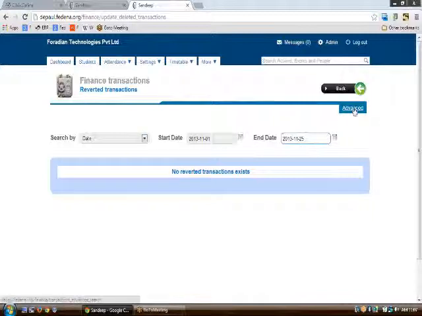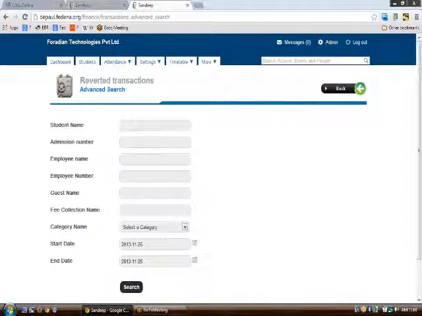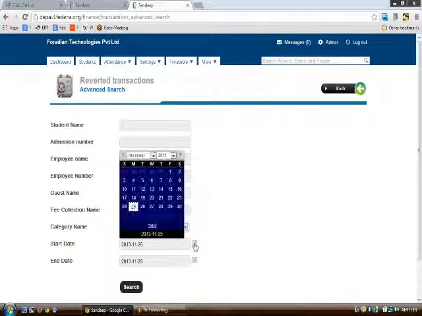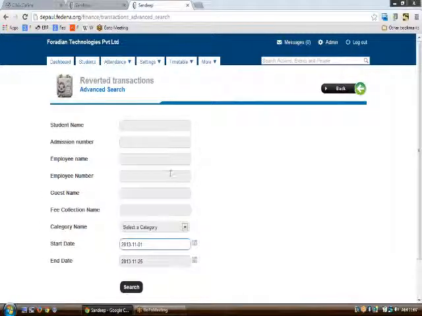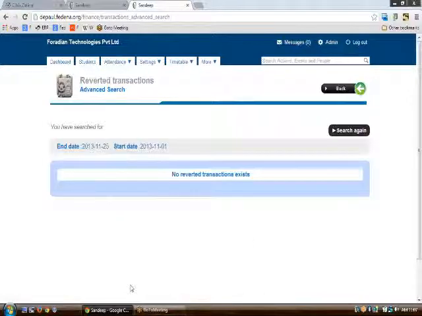I can do so by using the advanced link from here and entering the start date and end date. On clicking search, I'll be able to see the reverted transactions from this start date to the end date. So this is how the reverted transactions can be seen.